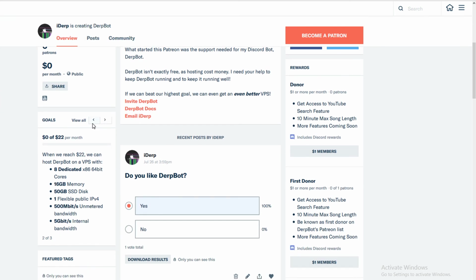So here is where we can get our hosting, because for $15 a month total we can get 8 gigabytes of memory. Right now we're at 2. We need more than that, and we can get more bandwidth as we go. If we get $30 we can get 32 gigabytes of memory, which is pretty good. You gotta admit that, and 800 megabits unmetered bandwidth. That's not bad at all.